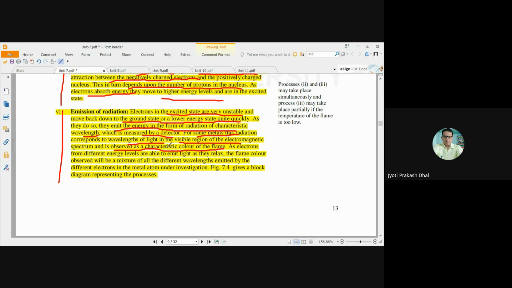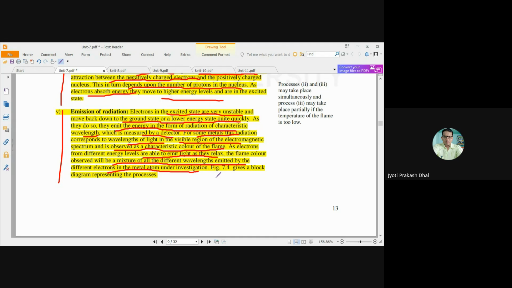That's why you can observe the characteristic color of the flame. Electrons from different energy levels are able to emit light as they relax. That means when they come back from the excited state to the ground or a lower energy state, the electrons relax, and the flame color observed will be a mixture of all the different wavelengths emitted by the different electrons in the metal atom